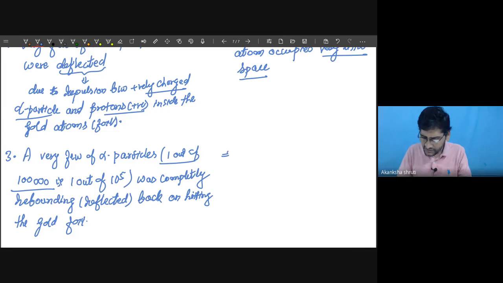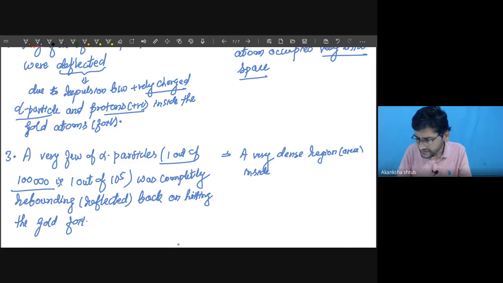It means returning or reflecting back is possible only if it is hitting a heavy mass which is present in a very small region. That region was called the nucleus. So this indicates a very highly dense region, or area, or volume rather, you may write,